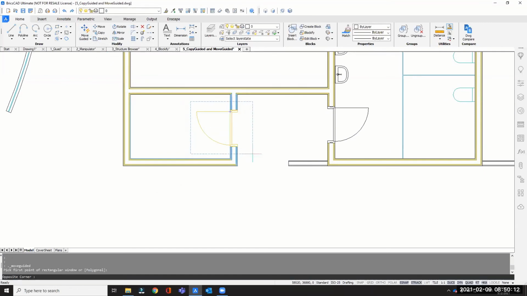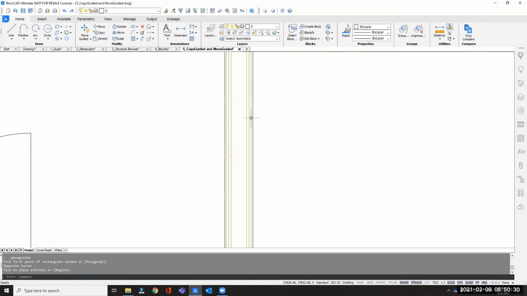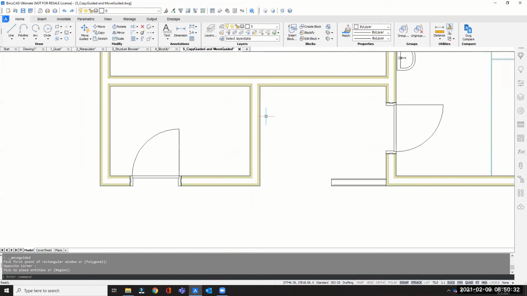Again, I have my selection window. And I can just open this door here. I can even set the distance from the wall. So maybe I want it to be 350 away from that wall. So now that door has moved and it has healed the original position with all the lines that I have here, that I don't really need to heal and waste time there. So that's pretty cool. And there's another example with a window that you can also use in the